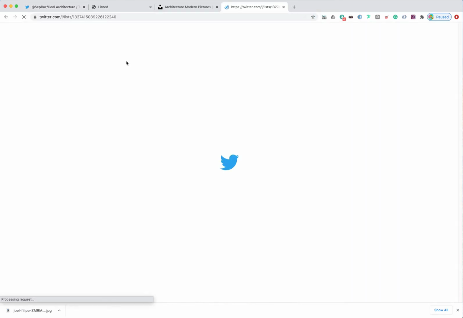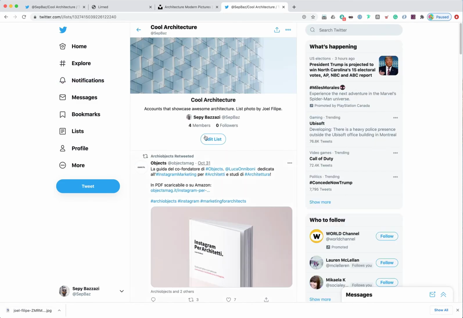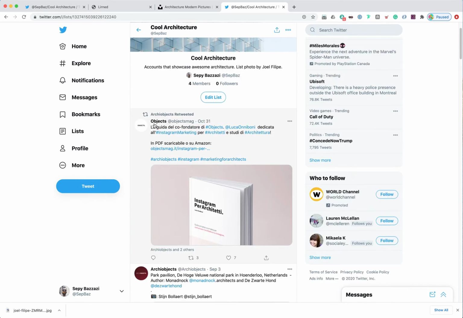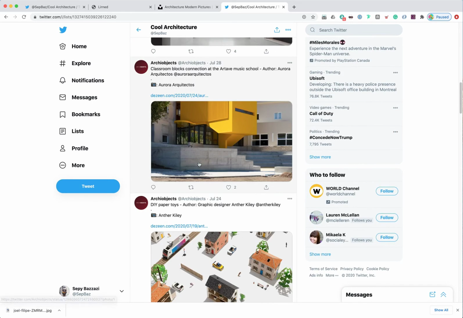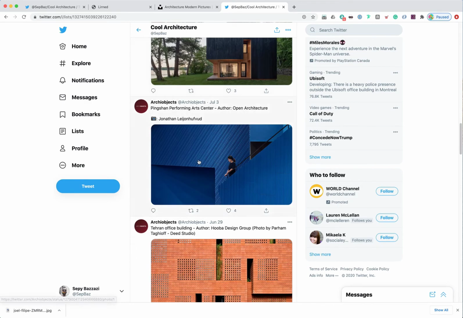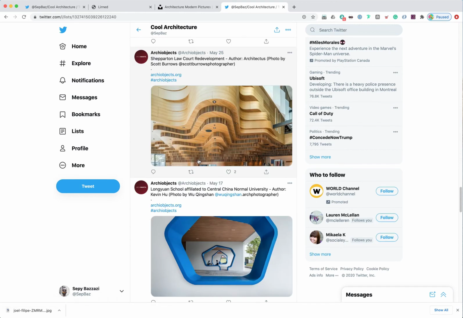And you'll see if I open this URL in another browser tab, it's gonna bring me back to this list, okay? So there's 4 members, those 4 accounts that I added, and nobody's following this list yet, okay? And here are all the tweets from those 4 people, okay? So if I scroll down, now I can just look at architecture, all right? So this is a very tailored, very focused list of things that I can look at.